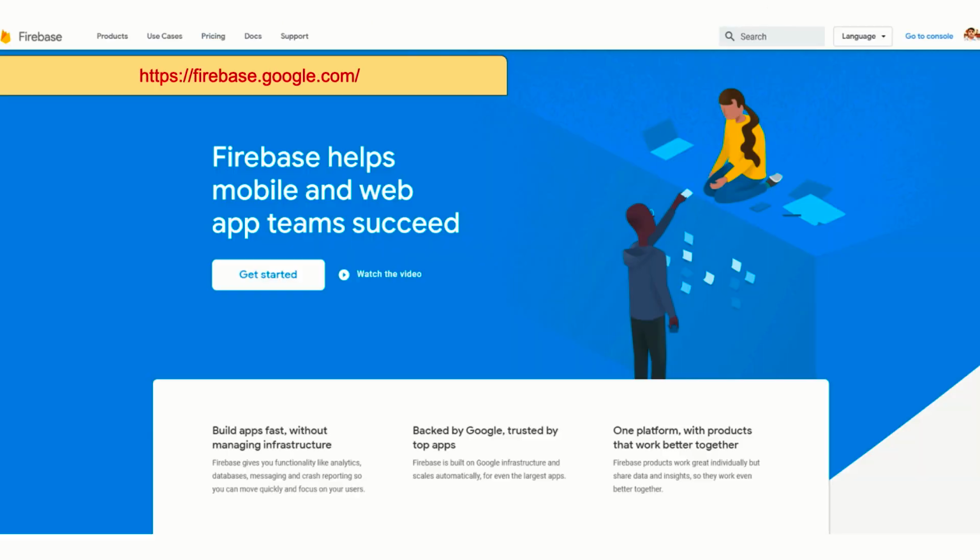The final thing that I would recommend you go ahead and do very early on in this course is to create yourself a Firebase account. Now you will need a Google Gmail account in order to create a Firebase account. It is free to create a Firebase account. The reason why you need a Firebase account is that at some point in this course I will be showing you how to connect your application to work with Firebase data store. This will also allow you to persist data in the cloud. If you do not have a Firebase account or Google account, I would recommend you go ahead and create one and quickly create a free account.